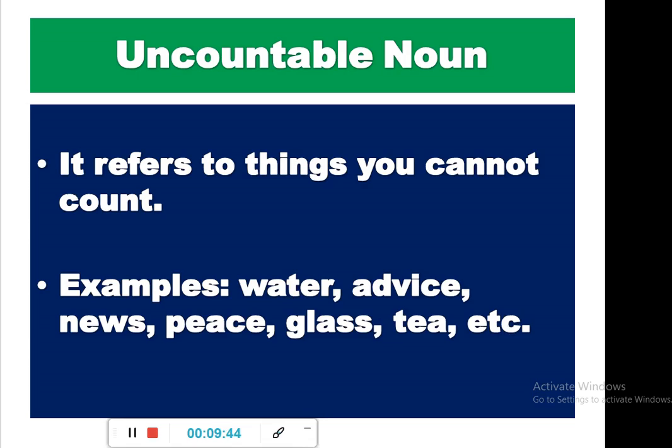When talking about table, we could say 1 table or 2 tables, but we cannot talk about 1 water and 2 waters. Although I will tell you the only type of